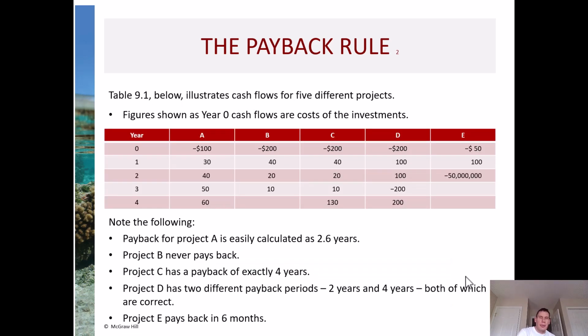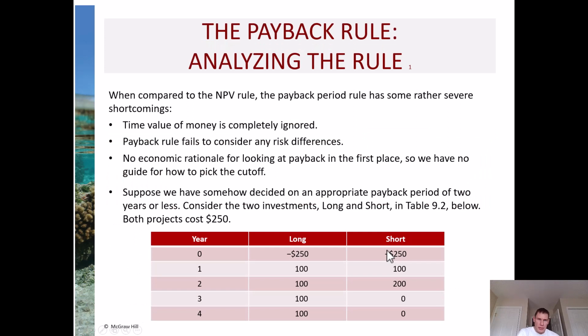As you can see below, table 9.1 illustrates cash flows for 5 different projects, A, B, C, D, and E. You can see what they spent up front. For A, they spent 100, they got 30 back in year 1, so they're out 70. Year 2, they got 40, so now they're out 30. And then in year 3, they got 50, so now they're over. If you want to pause here and take a look at those, you can. I'm not going to go over all of these, but you can get the idea. We're spending money up front. How long does it take to recoup the investment?